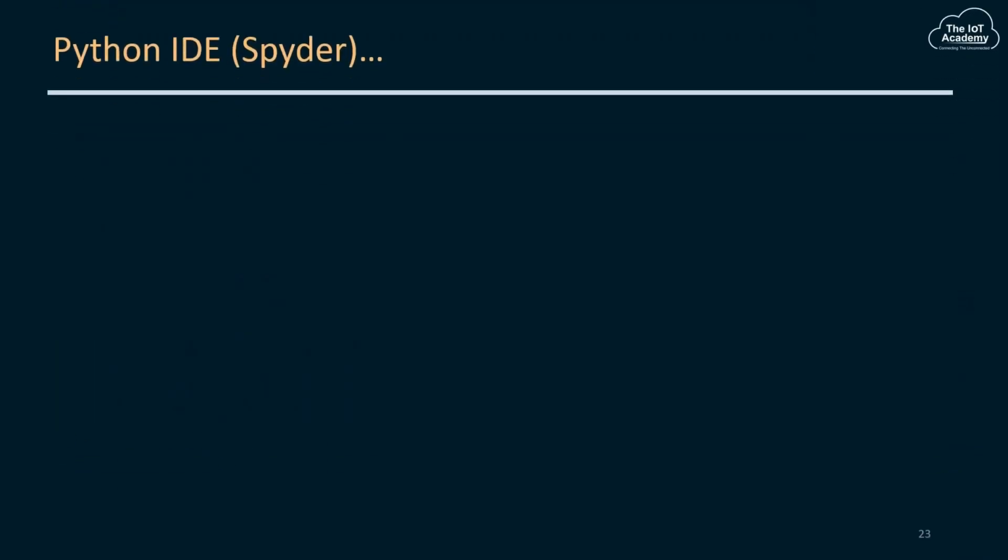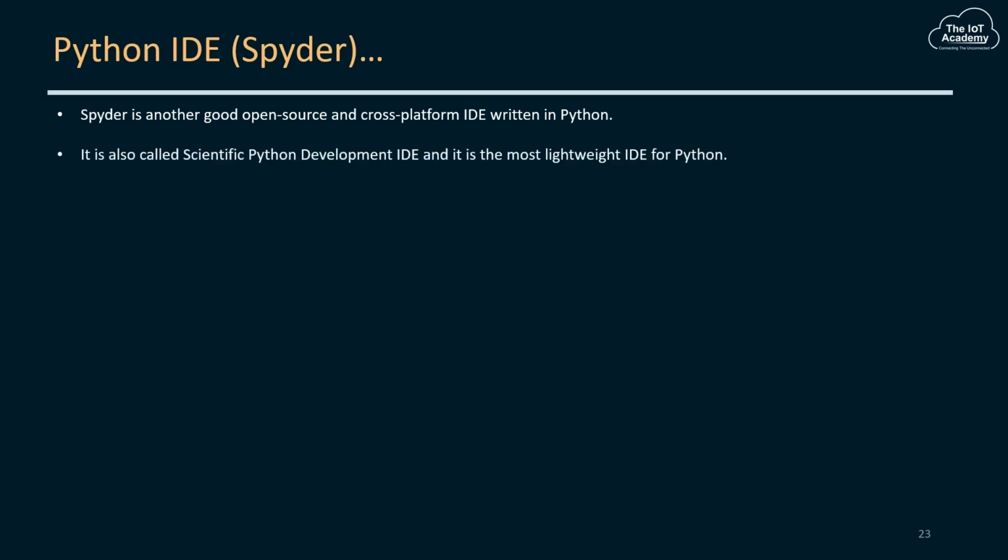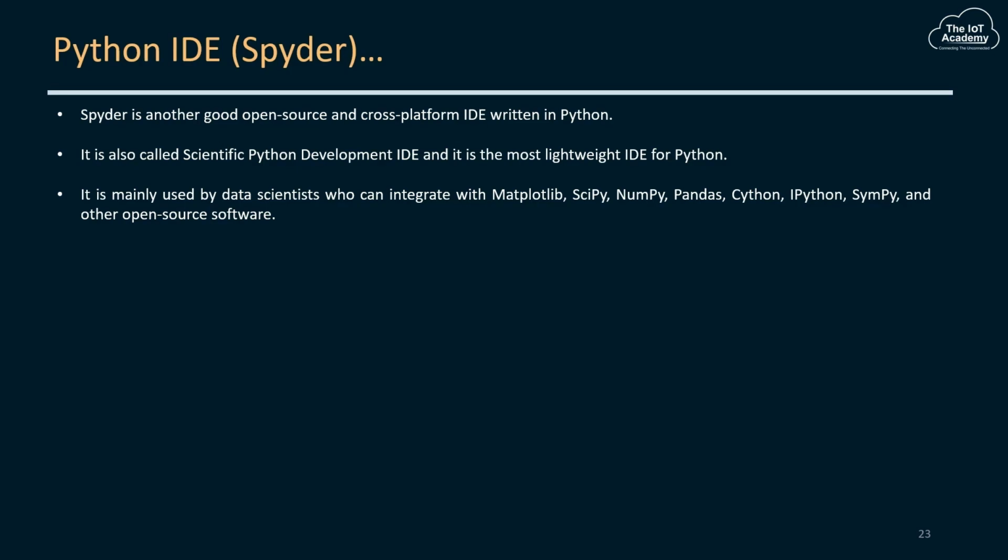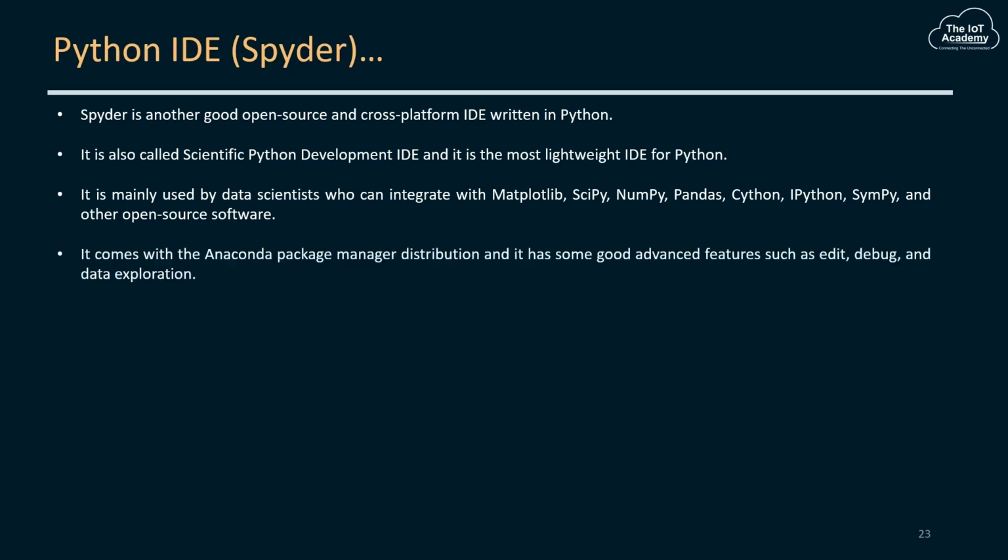Python IDE Spyder. Spyder is another good open source and cross-platform IDE written in Python. It is also called Scientific Python Development IDE, and it is the most lightweight IDE for Python. It is mainly used by data scientists who can integrate with Matplotlib, SciPy, NumPy, Pandas, IPython, SymPy, and other open source software. It comes with the Anaconda package manager distribution, and it has some good advanced features such as edit,